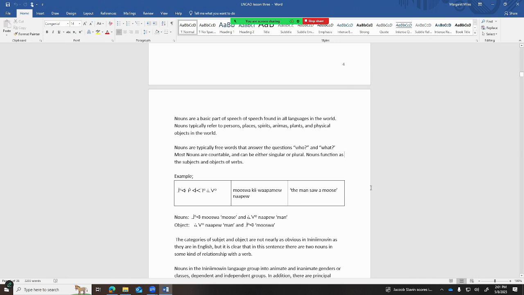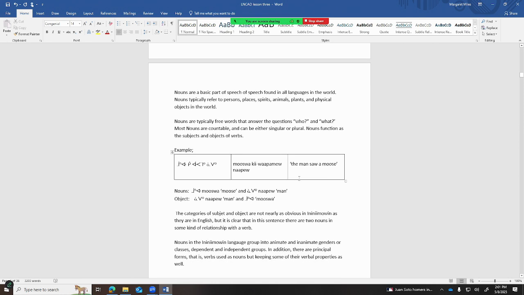So the first one, nouns refer to persons, places, spirits, animals, plants, and physical objects. Nouns are free words that answer the questions who and what. Most nouns are countable and can be either singular or plural. Nouns function as the subjects and objects of the verbs. For example,